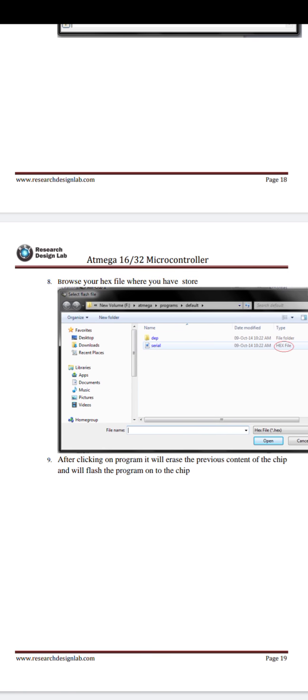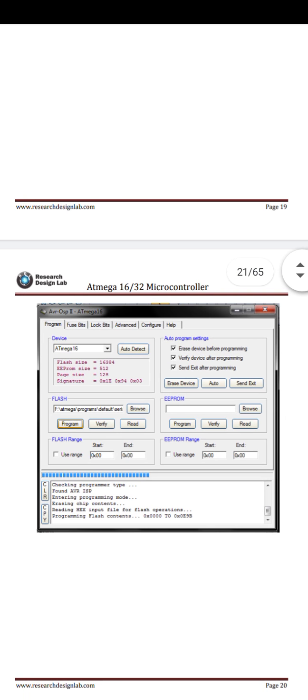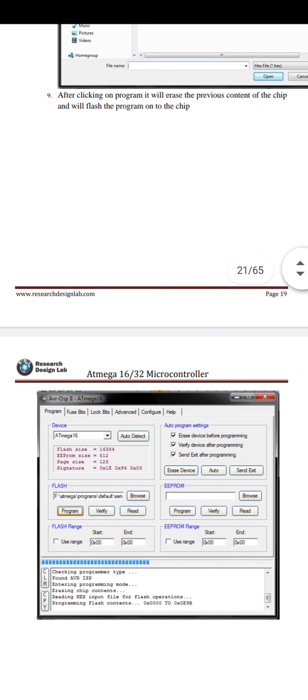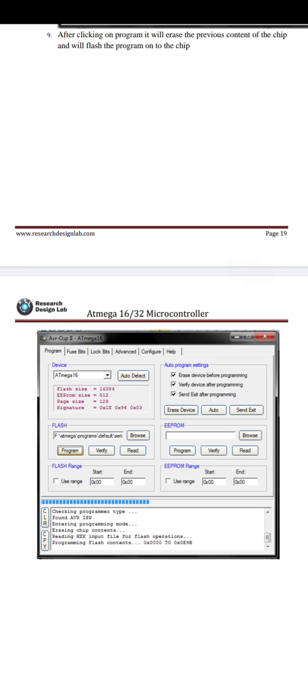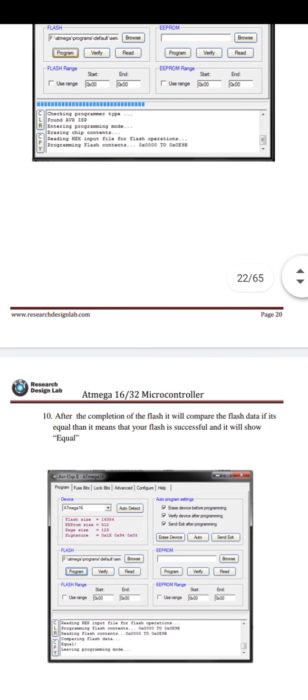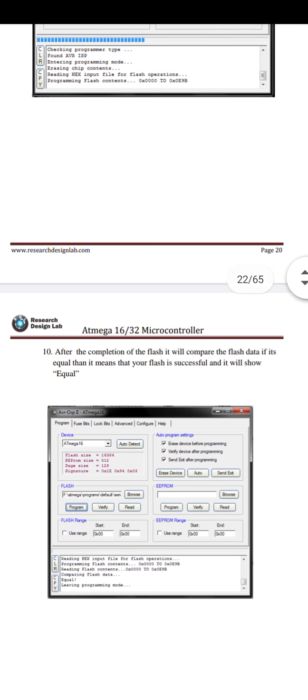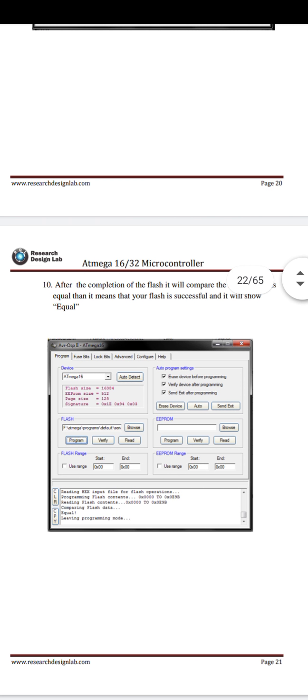After clicking program, the previous contents of the chip are erased, and when the flash programming finishes, the blue line indicates that the flash programming is already done. Then the flash is compared to the flash data, and if it is equal, your flash is successful. It shows the equal signs.